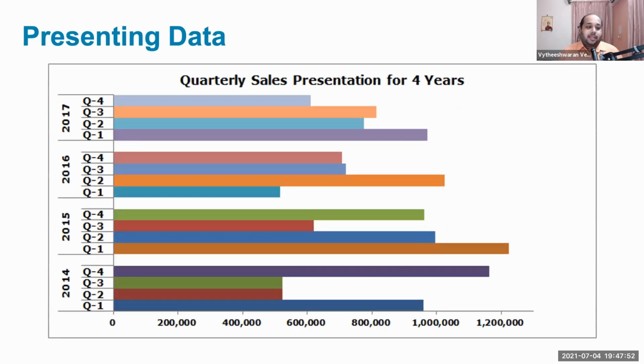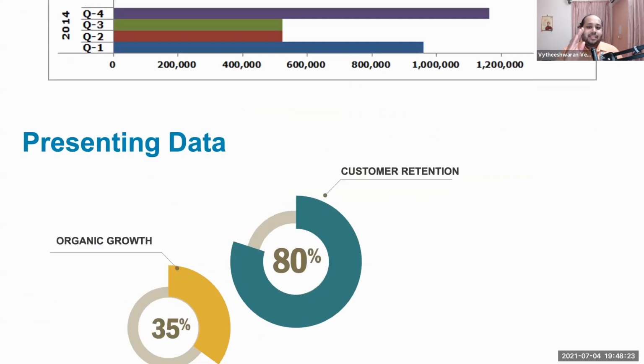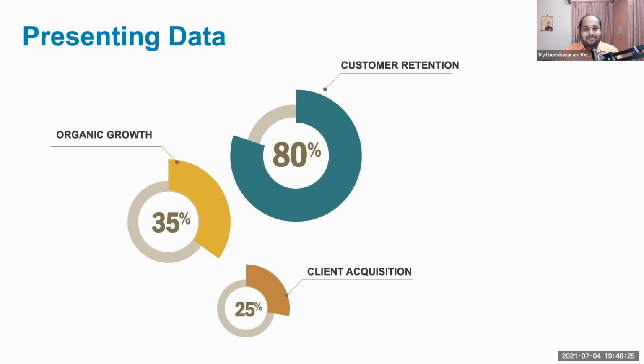See, if you look at a slide like this, it is again a real slide. You can see quarterly sales presentations for 4 years. How does this slide look? Yes, it has all the data. It has a lot of colors. But when you look at this, it looks like someone has taken a lot of pain. They have inputted a lot of numbers on Excel, taken it from Excel, put it over here, and things like that. But does this matter for your audience?